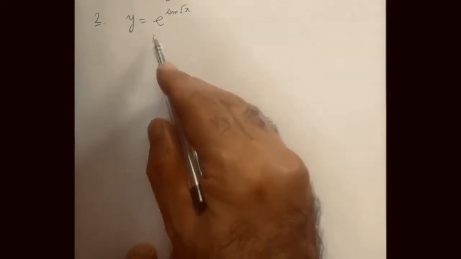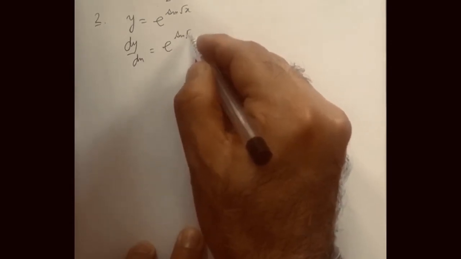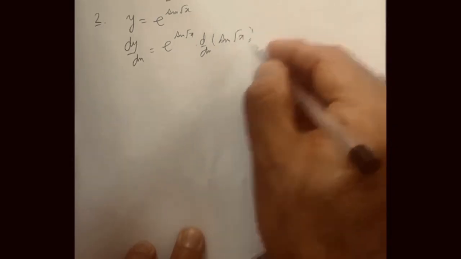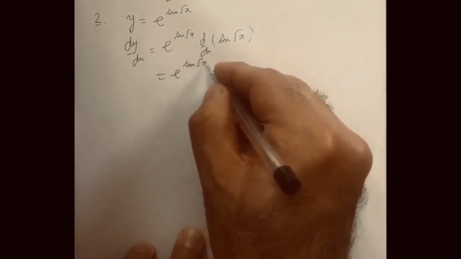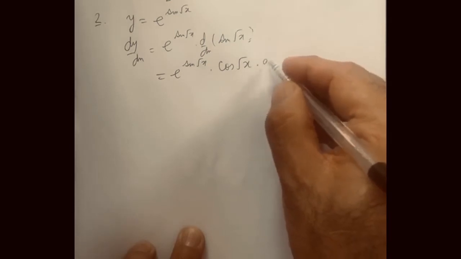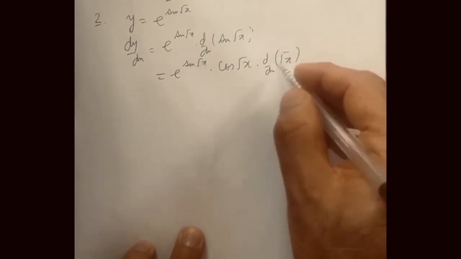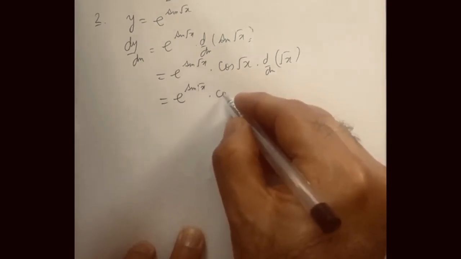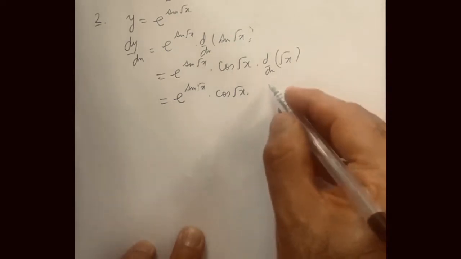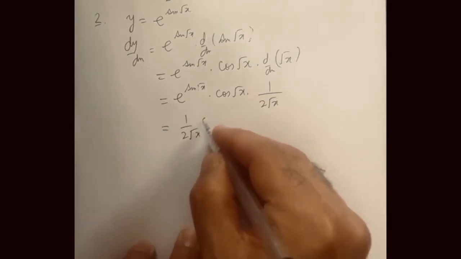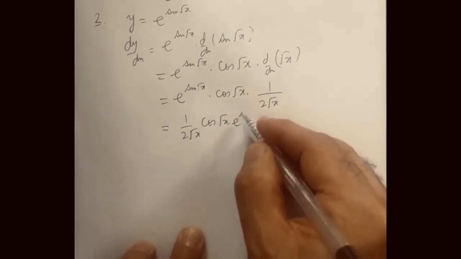The next question, y is equal to e raised per something. So derivative will be e raised per something into derivative of something. Derivative of sine of root of x. This is e raised per sine root of x. Derivative of sine of something is cos of something into derivative of something, that is derivative of root of x. This is e raised per sine of root of x into cos of root of x. Derivative of root of x is 1 by 2 into root of x. So this is how we write the answer, into cos of root x into e raised per sine of root